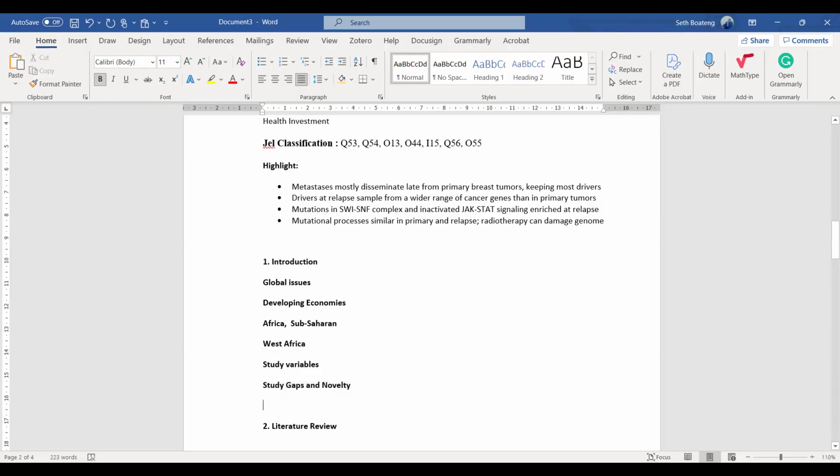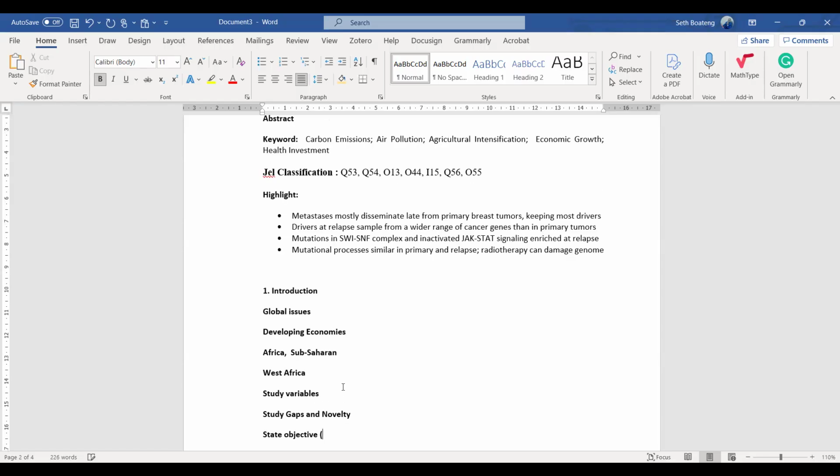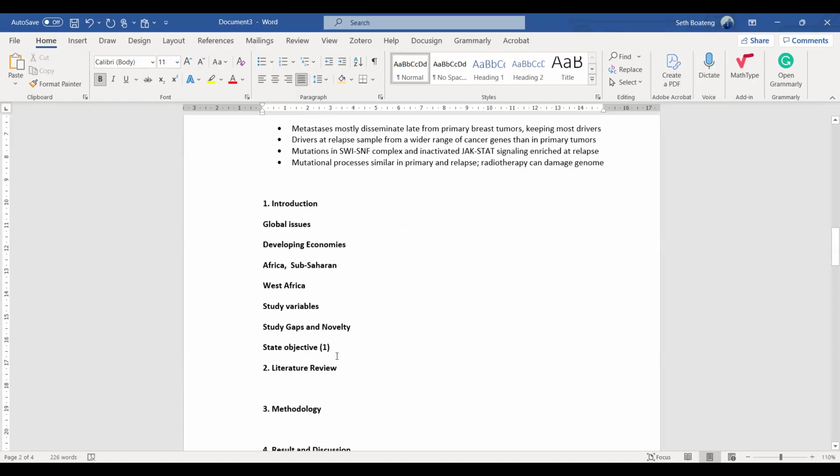Then you state your objectives. And note that we don't state the objectives the way we state thesis objectives. It may be so, blah, blah, blah. This study did that, this study did that, and this study is focusing on blah, blah, blah. So the study tries to achieve the following objectives. One, you state one, and mostly try to write in paragraphs and not bullet points. Okay, so one may be to examine